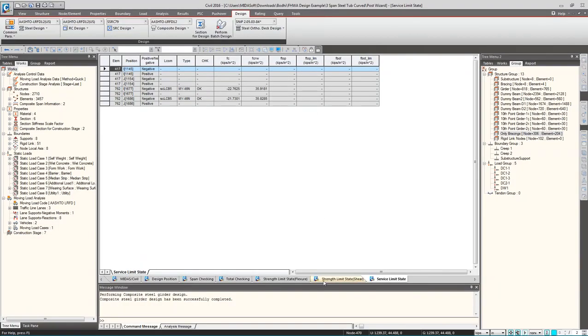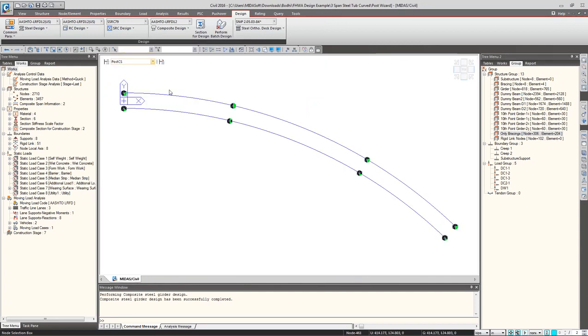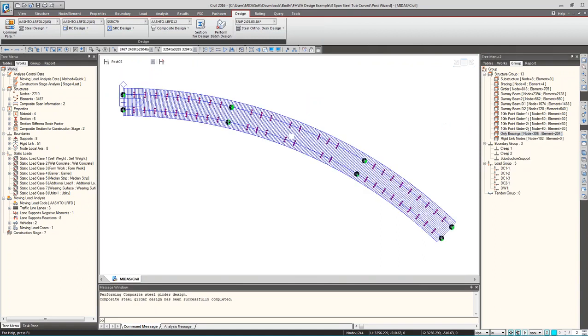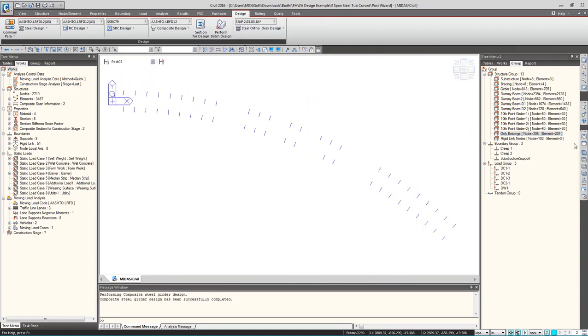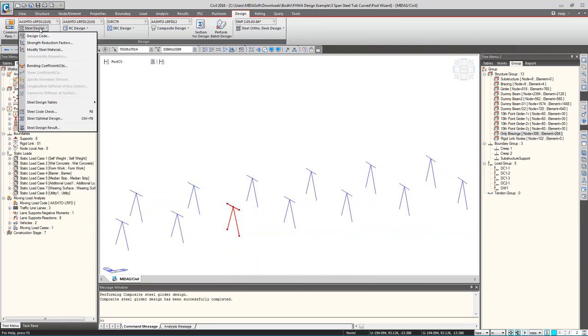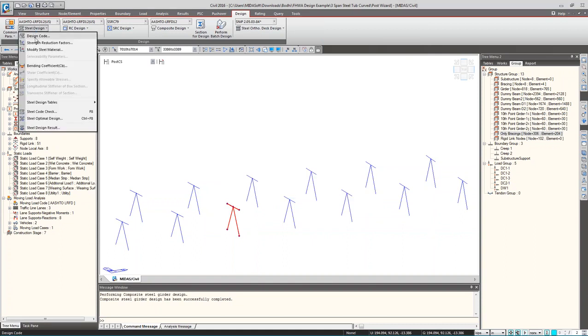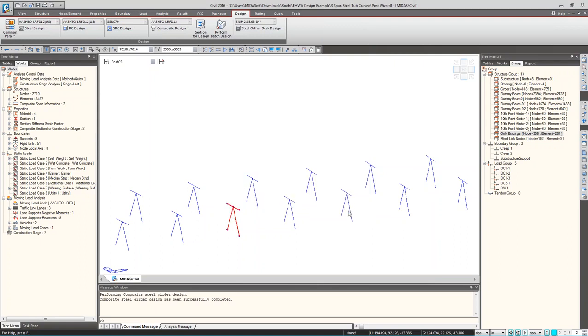So once you have done with the steel tub sections, if you wish to do it for the bracings, what I will do is just activate the bracings. Currently if I wish to do only for these bracings, instead of going to composite design, you can go to steel design, you can choose the design code, you can check on all if you wish to do it, and then you can provide the strength reduction factors,